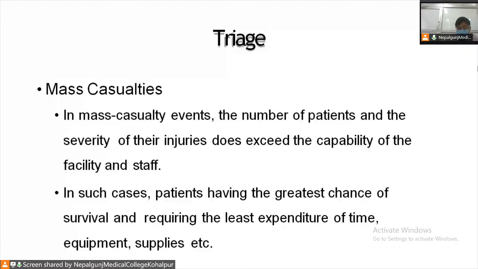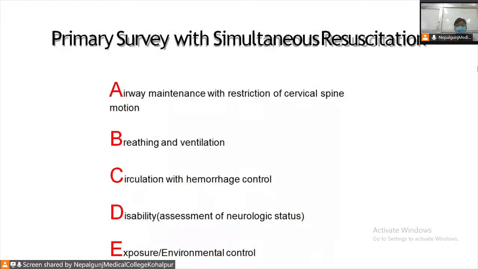managed, and they are sorted such that we can focus on the patients who have a chance to survive. Now, as we proceed with the primary survey, what we do is airway, breathing, circulation, disability, and exposure. Airway includes the resuscitation associated with cervical spine monitoring, because this might compromise the neurological state later on. So we should